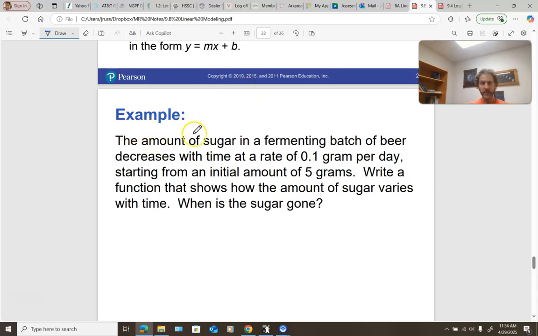Alright, so this says that the amount of sugar in a fermenting batch of beer decreases with time at a rate of 0.1 grams per day. So this is your rate right here. And notice it's decreasing, okay, the amount of sugar. Because what happens when you brew